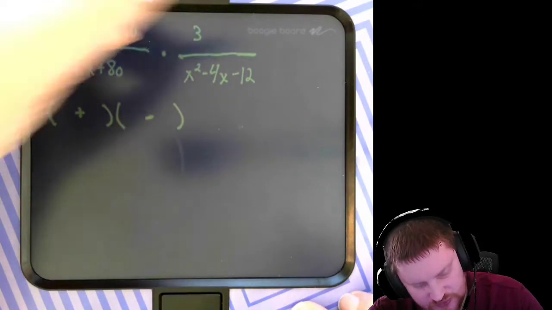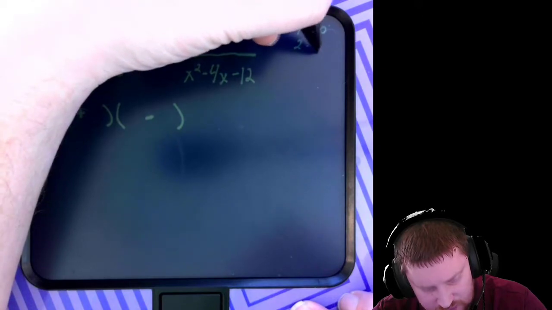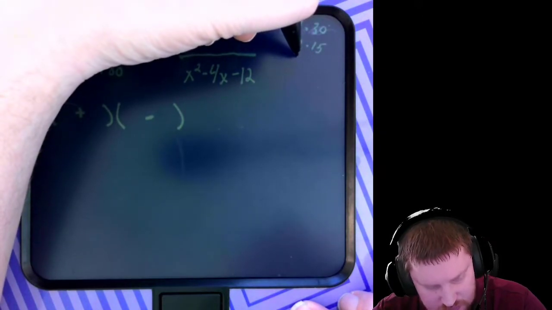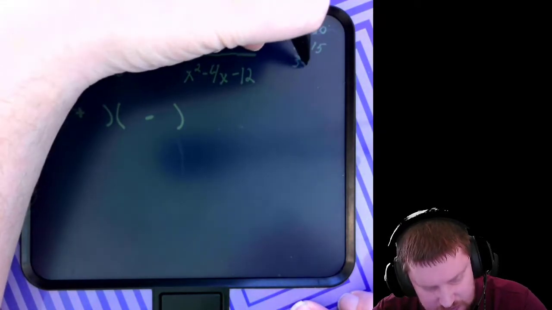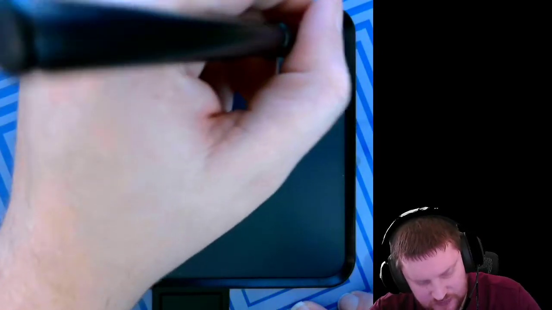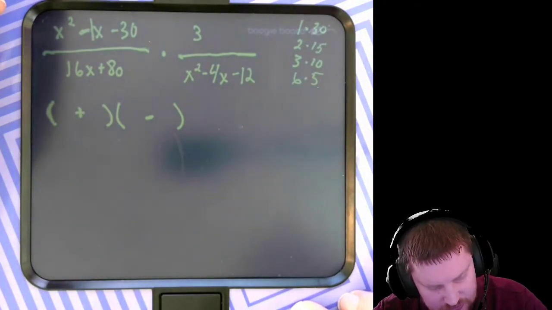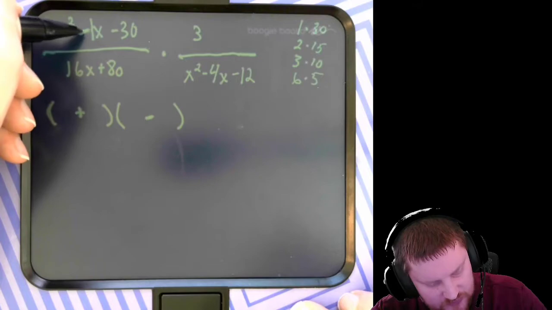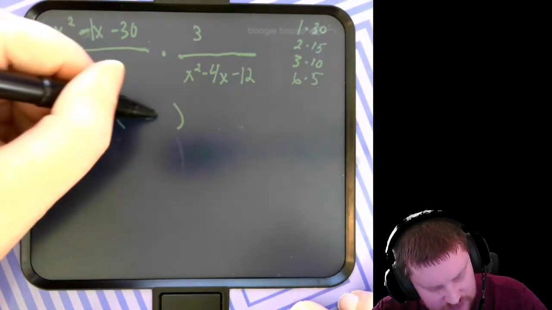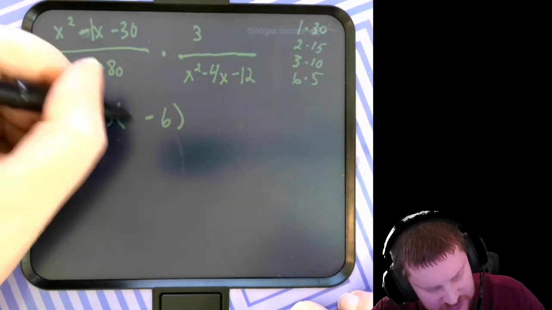Well, the factors of 30 are 1 and 30, 2 and 15, 3 and 10, 6 and 5. 6 and 5 are right next to each other. So the bigger one is going to be negative. So 6 will be negative, 5 will be positive, leaving us with just x and x here,